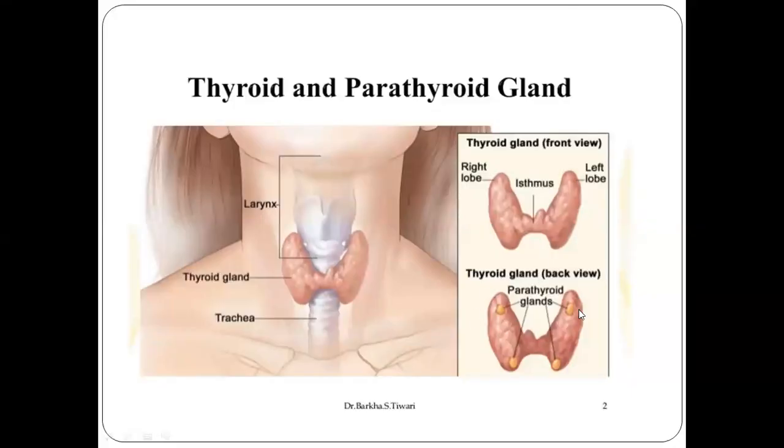So these are the superior parathyroids derived from the fourth pharyngeal pouch, and these are the inferior parathyroids derived from the third pharyngeal pouch along with the thymus. Sometimes the inferior parathyroids are derived with the thymus, and they follow the thymus and enter into the lower part of the neck or the superior mediastinum. So the inferior parathyroids have no constant position. Otherwise, the superior parathyroids, along with the posterior border of the thyroid gland, have a constant position. So we'll move forward.